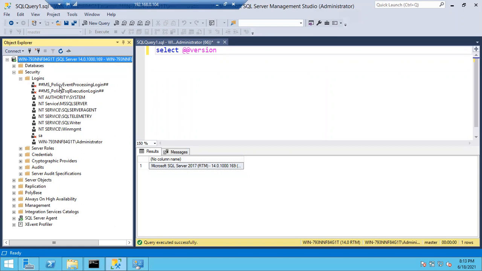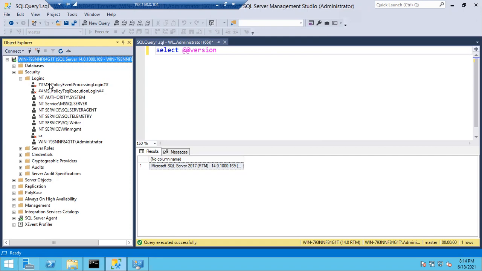During the installation, we add the DBA team. Why? Because the installation is not for you; it is for the team, and for the application. At the time of installation, you either select add current user or click the add button and add all the teams. Once you add the logins there, they are automatically created here as logins, and only those people can access my SQL server.